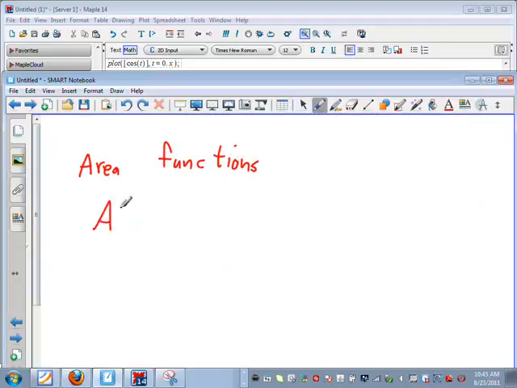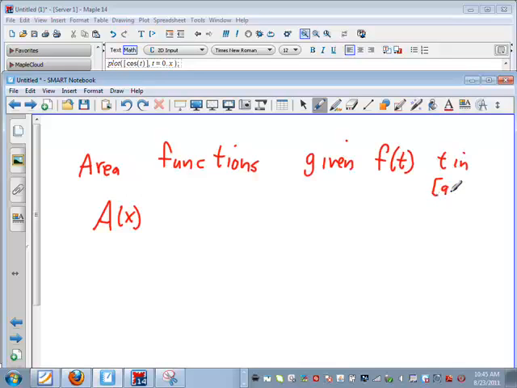And all it is, if you have a function f, so given a function f of t on the interval a to b, then A of x is simply measuring the area up until x. That's all it does. Questions about that? And so for the easy ones that we had before,